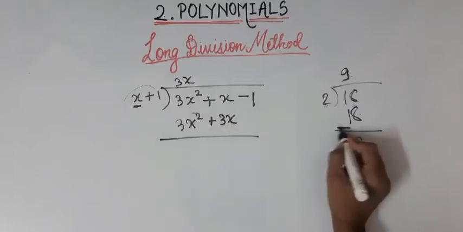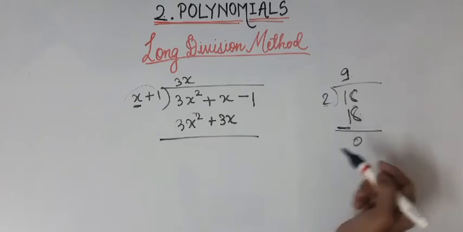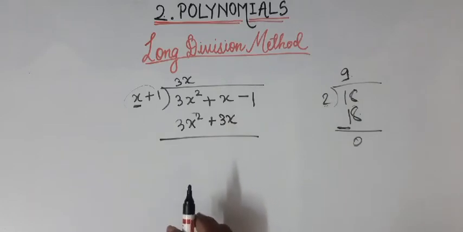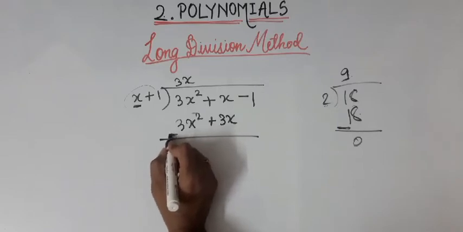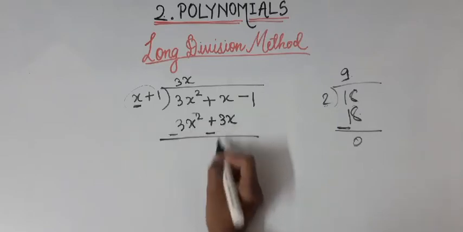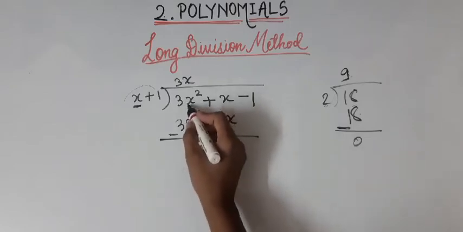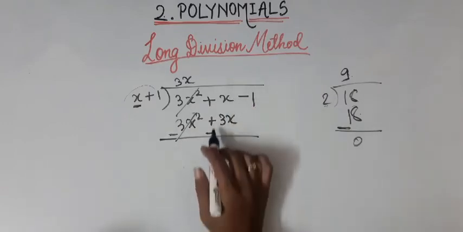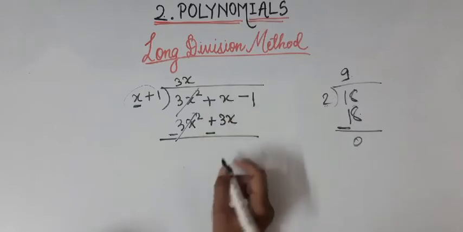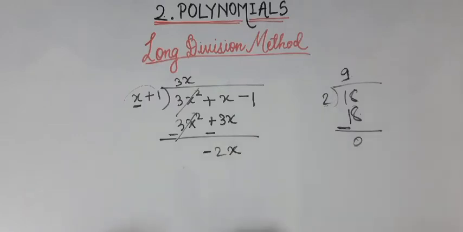Now, just as we changed the sign earlier, plus 18 we made it minus, that means we subtracted, the same way here also we have to change the sign. So plus 3x square will become minus, and plus 3x will become minus. Don't get confused. Plus 3x square minus 3x square cancel, and here x minus 3x. Different signs, you will subtract: 3 minus 1 is 2, with the sign of the greater number, that is minus. So you will get minus 2x.